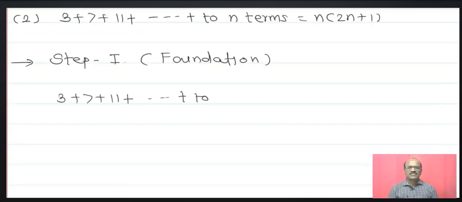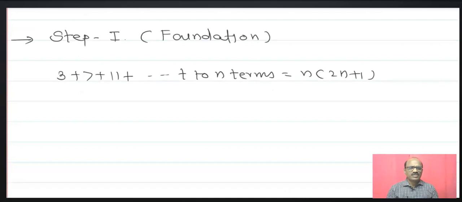That is 3 plus 7 plus 11 up to the nth term is equal to n in bracket 2n plus 1. Now see this here, the nth term is not given,